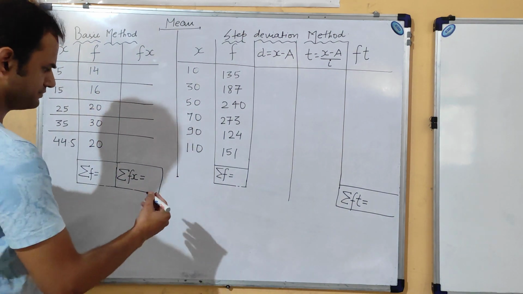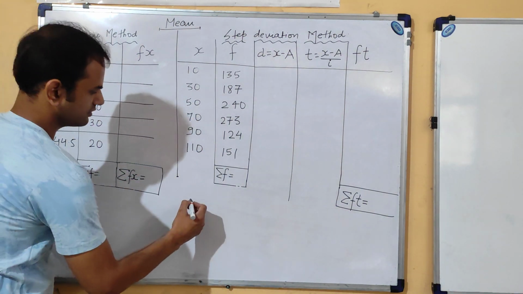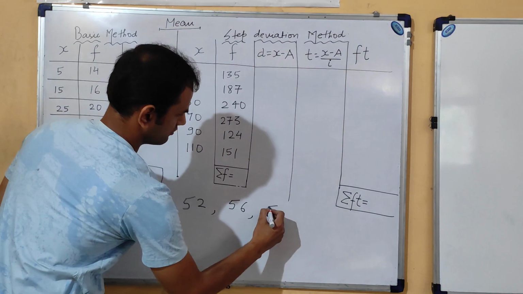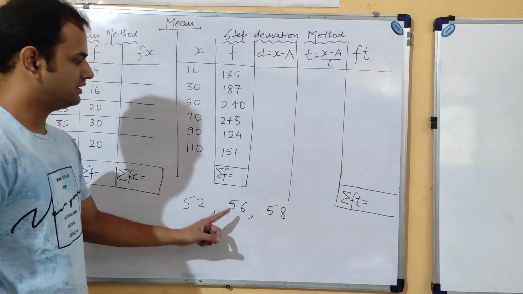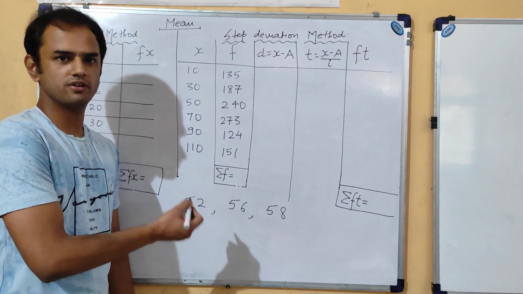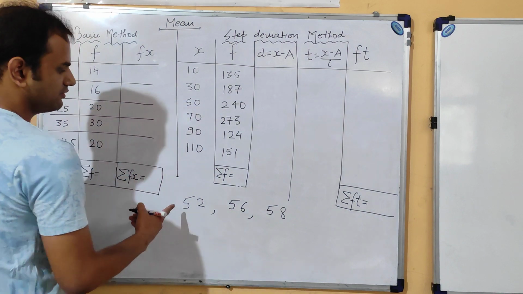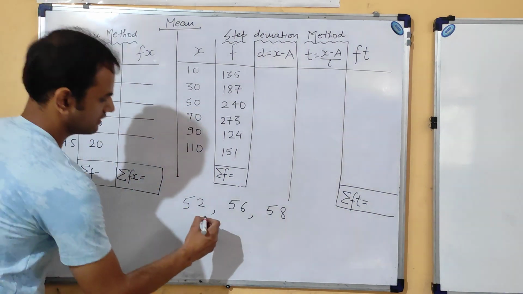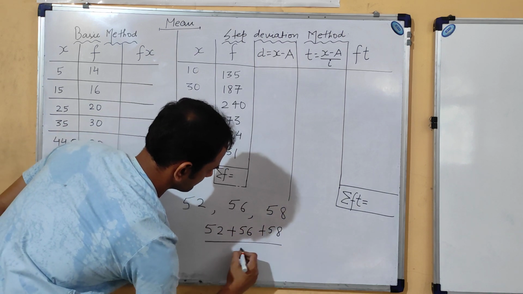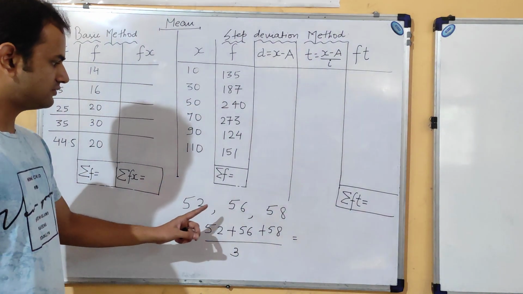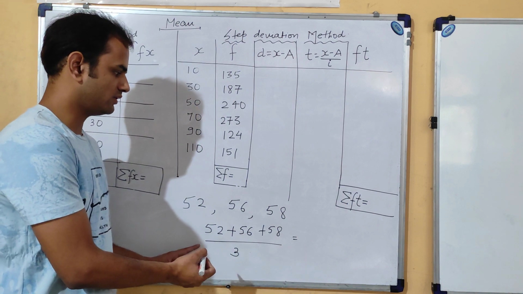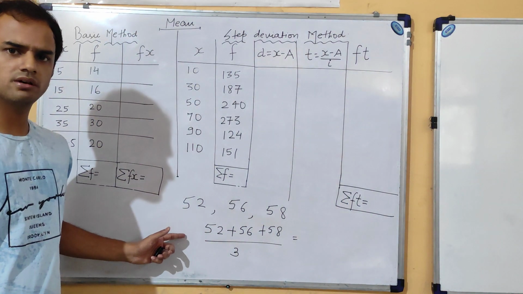For example, if Virat scores 52, 56 and 58 in his 3 innings, and someone is looking for the mean score of Virat, what we have to do is just add these 3 observations and divide by the number of observations. So this becomes (52 + 56 + 58) / 3. I know you can do the calculation, so I will not waste time on it. It is just a basic concept regarding mean.